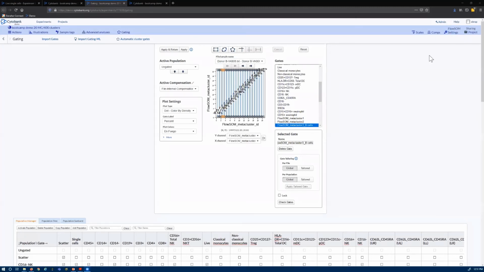For example, you have maybe 20 marker data, and you have to group events based on the expressions of 10 markers simultaneously. If you want to do this manually, it is challenging, and you might miss some very important distinguished cell clusters, and